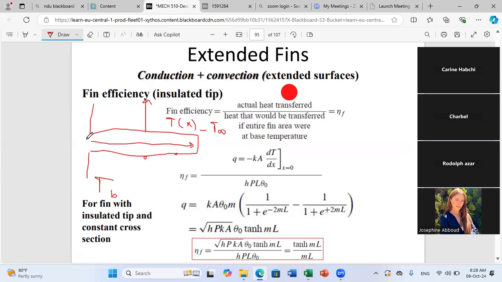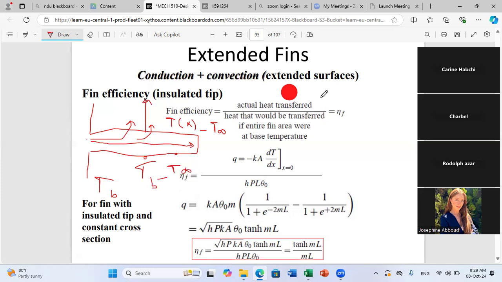As heat is convected and you have losses, the temperature will drop within your fin. So as X increases, the heat loss will decrease. But if you want to take the ideal case, the maximum transfer corresponds to the maximum delta T, which is T base minus T infinity. That's why we can define the fin efficiency as the actual heat transfer